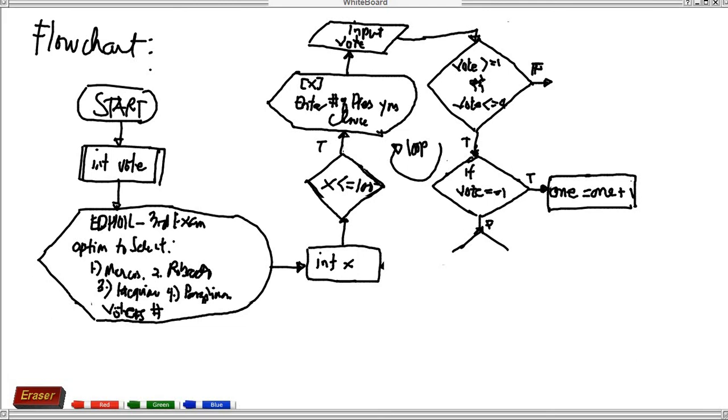I-check na naman niya ngayon if vote is equal to 2, okay, if equals to 2, then if that is false, i-check na naman niya if vote is equal to 3, then if that is false, i-check na naman niya if vote is equal to 4, okay. So here, if all things are true here, okay, this is true, and this is true, therefore what you're going